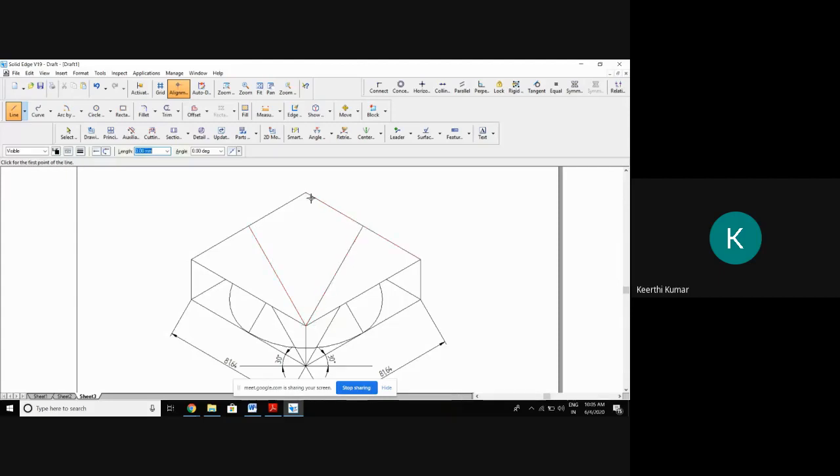So the box is already there. Just construct an ellipse at the top surface. First, draw everything with a thin line. If you do not draw with a thin line, you will get confused at the end. So draw this. Complete this. Complete the top ellipse. The bottom ellipse is done, and complete the top ellipse also.